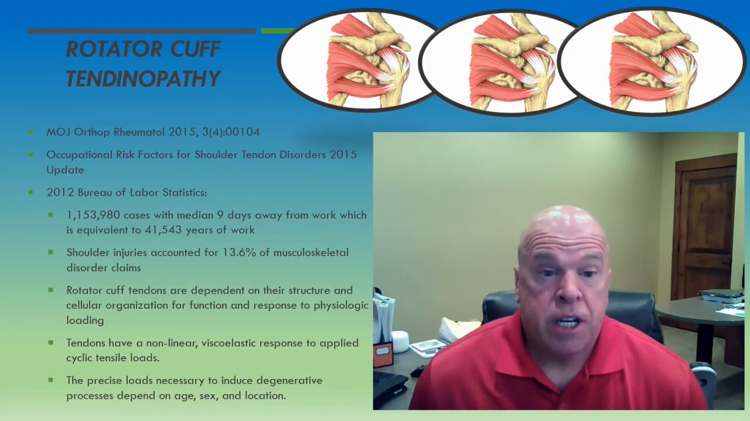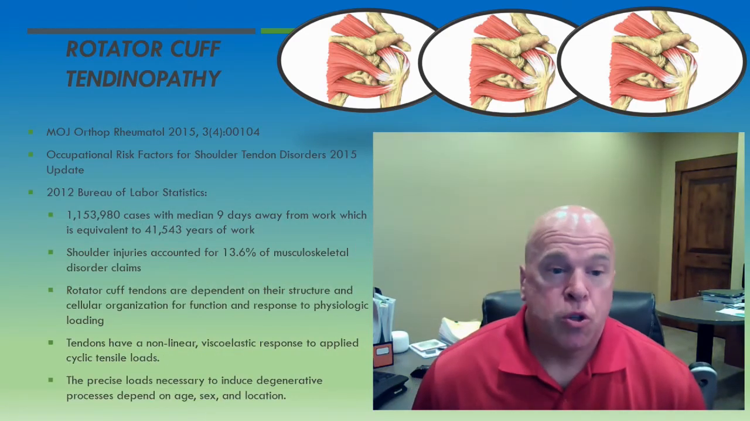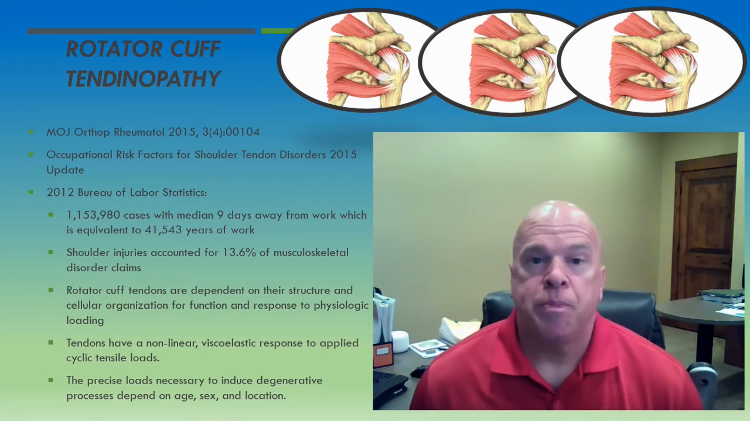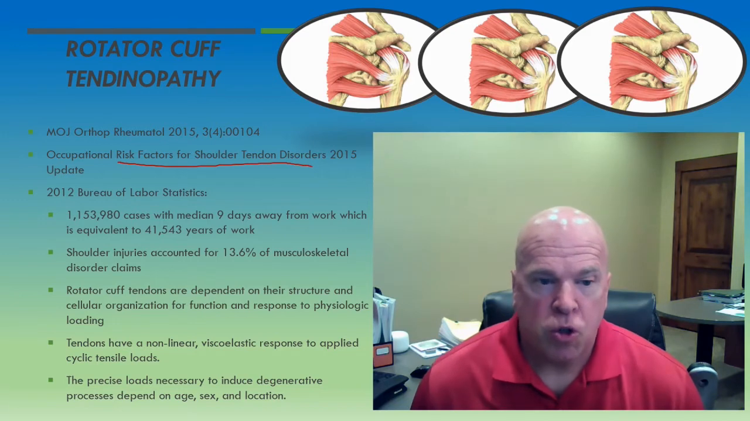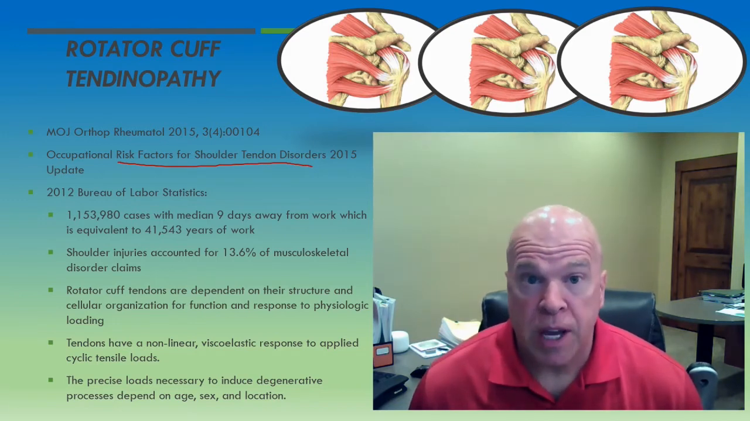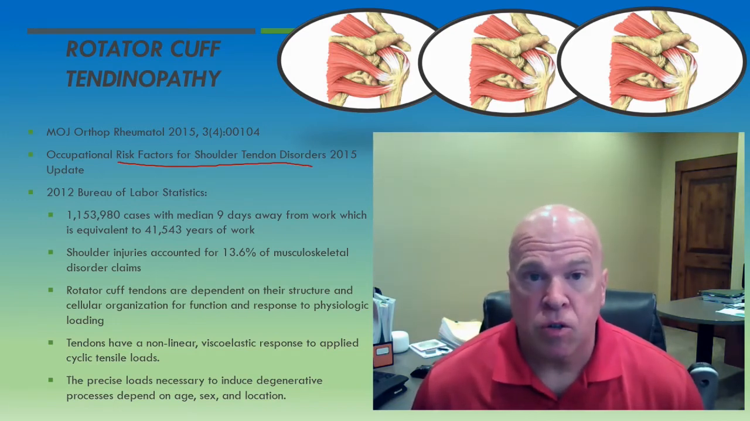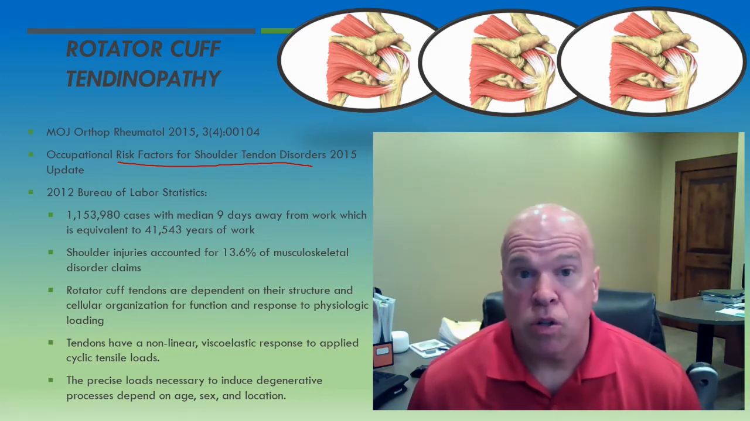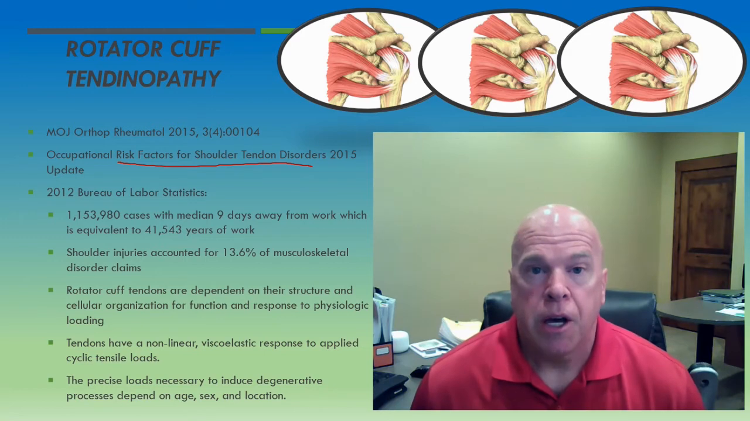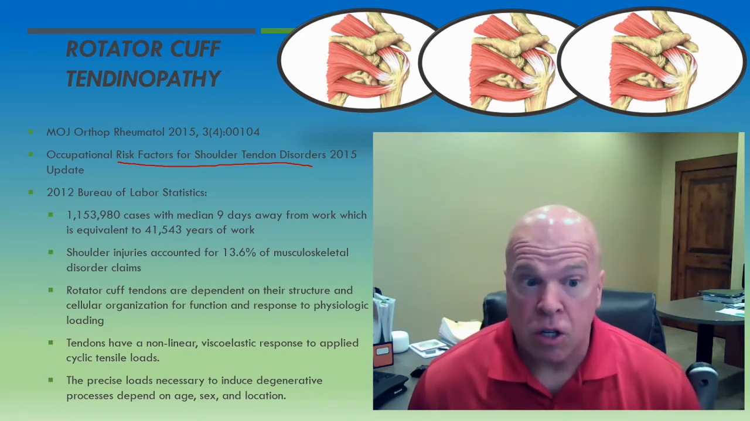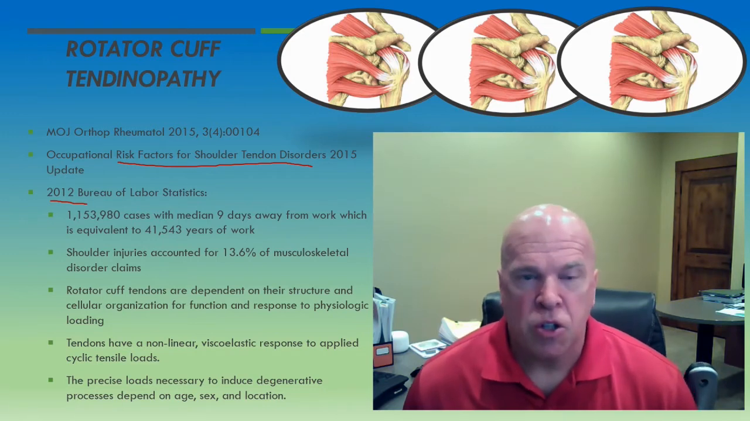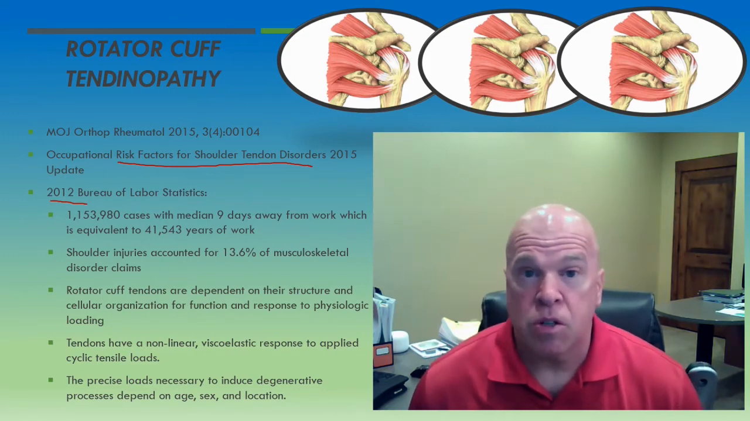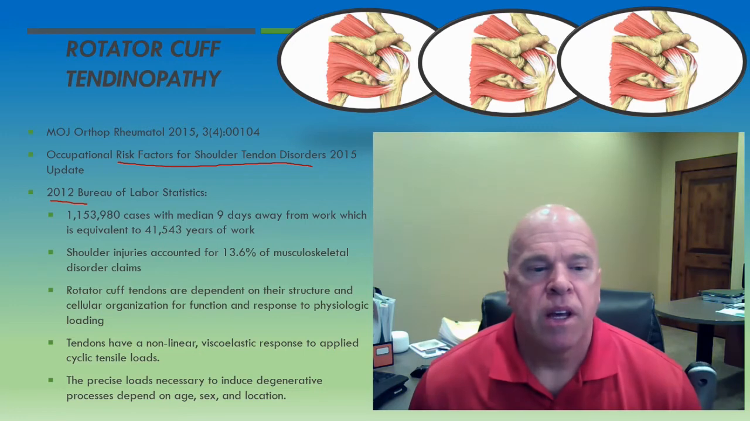Now, another study, a 2015 study from the Journal of Orthopedic Rheumatology, discusses the occupational risk factors for shoulder tendon disorders. Okay, so what is it about the occupational setting that seems to be the extrinsic source of so many cases of shoulder pain conditions? Well, they tell us that in 2012, and this is a bit of an antiquated statistic, but it's still illustrative for us, they tell us that